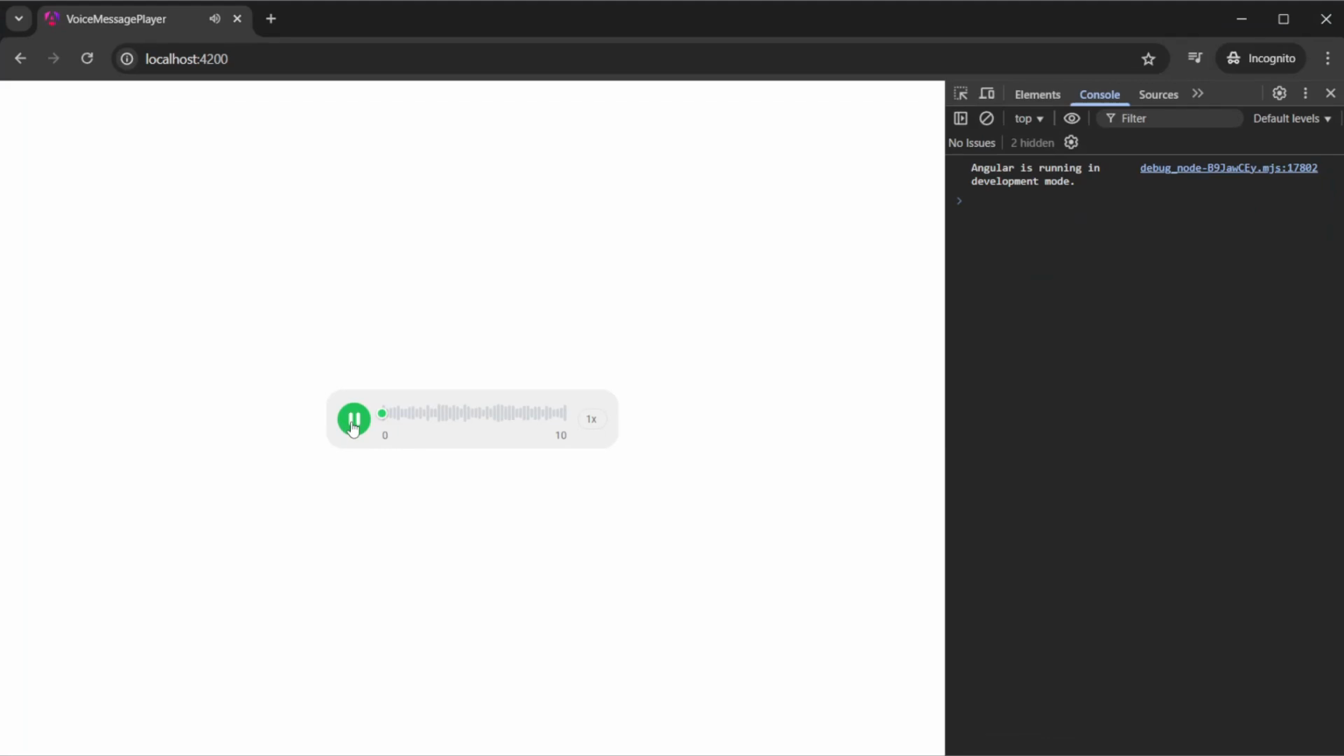Hey everyone, today we are going to build a WhatsApp style voice message player with waveform visualization, trackable seeking and